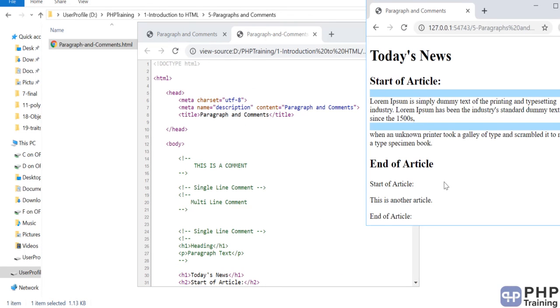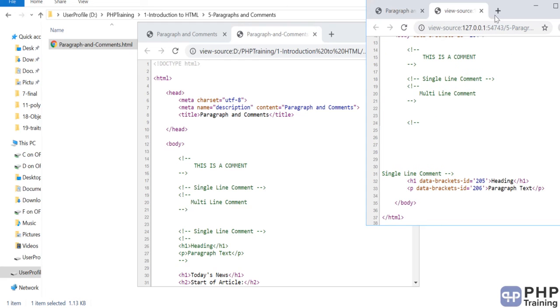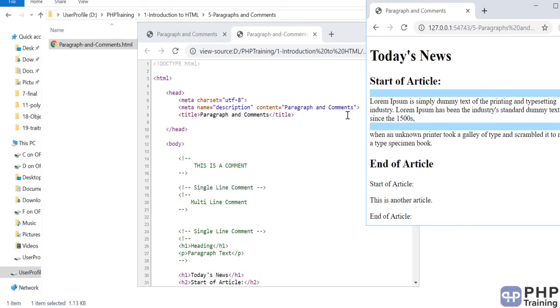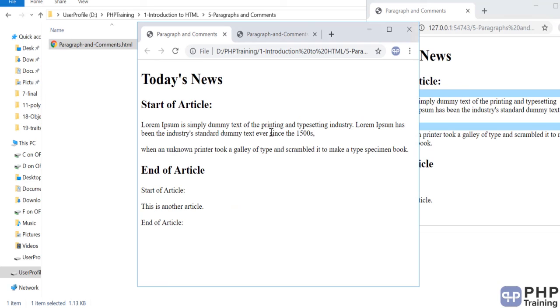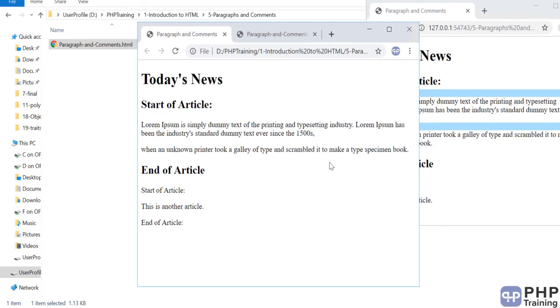If you see the source code from Brackets, you will see some extra tags added there. So don't open it up there and view your code. Make sure you open your file via a browser, and then you press Ctrl U or right click and say view page source. Well, that's all for this lecture on writing paragraphs and comments in HTML, and I'll see you in the next one.